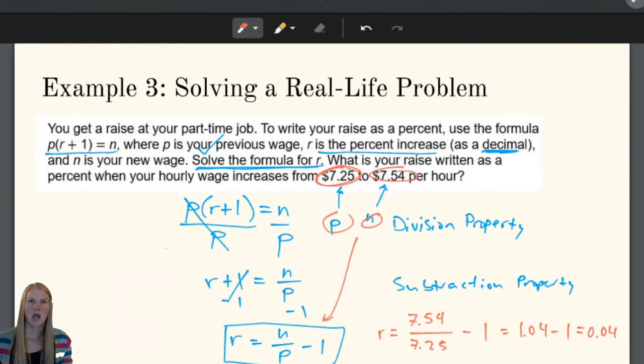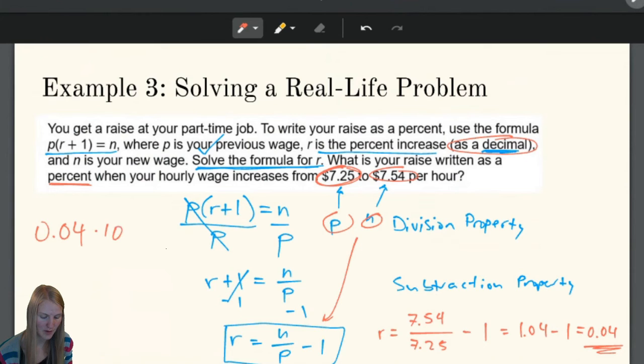Am I done? I got a 0.04% raise? No! Remember that R is a decimal. We want to know what the percent is. So we have to change this decimal to a percent. The way that you change a decimal to a percent is you multiply by 100, and that moves the decimal over 2 places. So this is a 4%